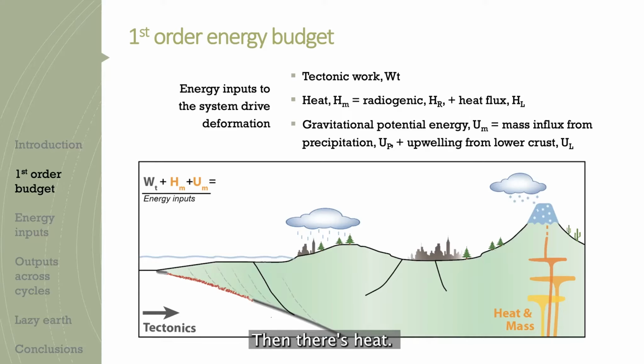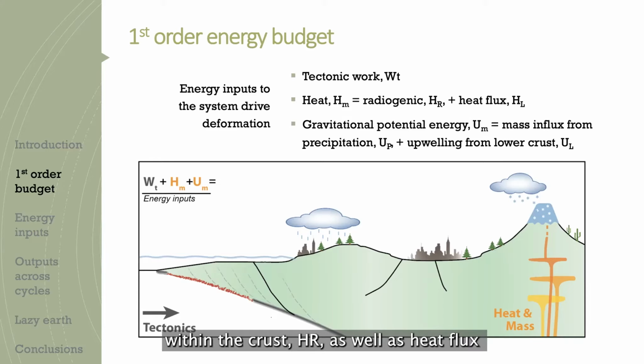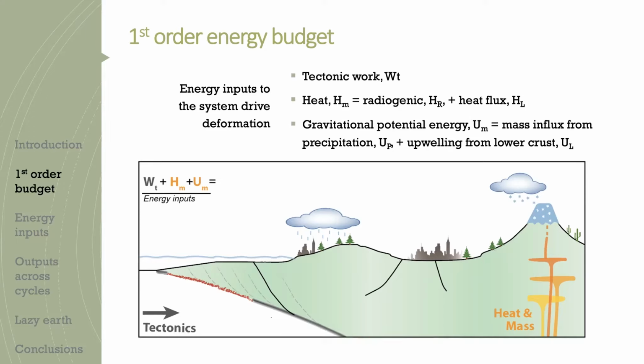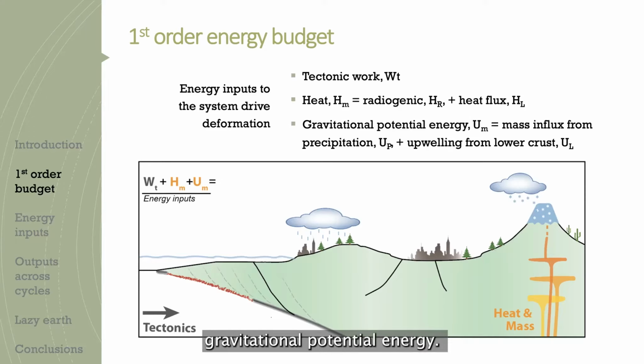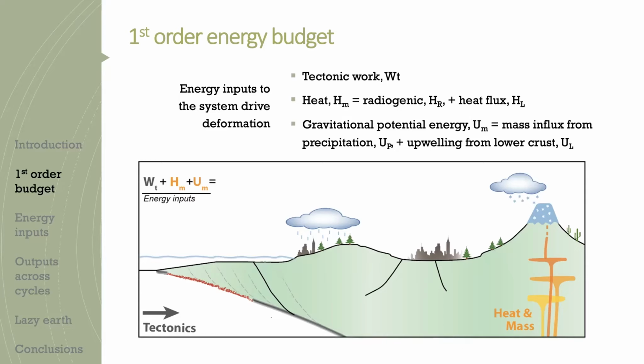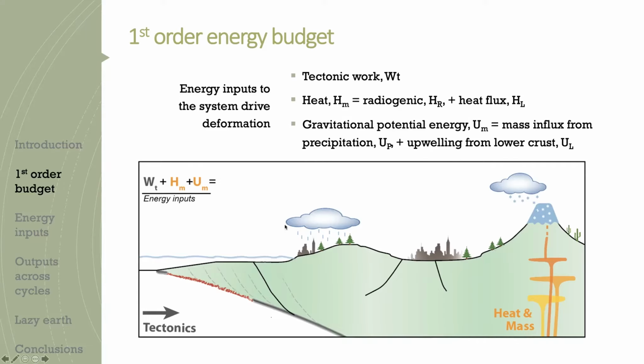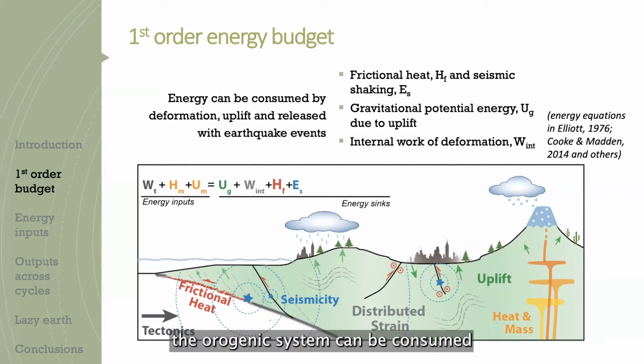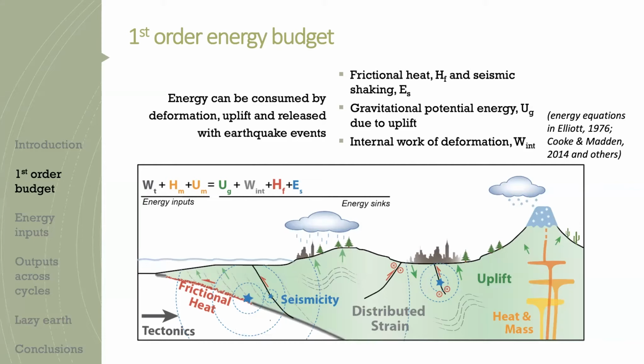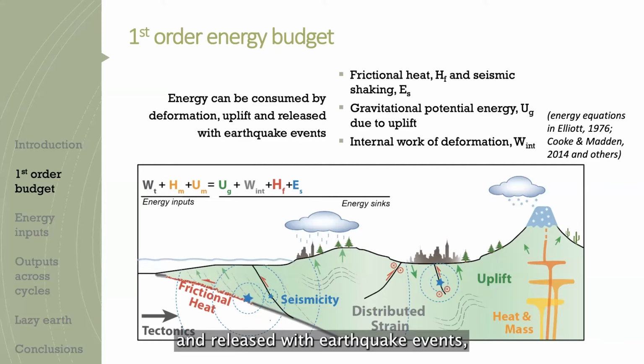Then there's heat, both the radiogenic heat produced within the crust, HR, as well as heat flux from the lower crust and asthenosphere. The third energy input is gravitational potential energy. This term can change as mass is added either as precipitation from the atmosphere or upwelling from the lower crust. The energy that comes into the orogenic system can be consumed by deformation, uplift, and released within earthquake events, either